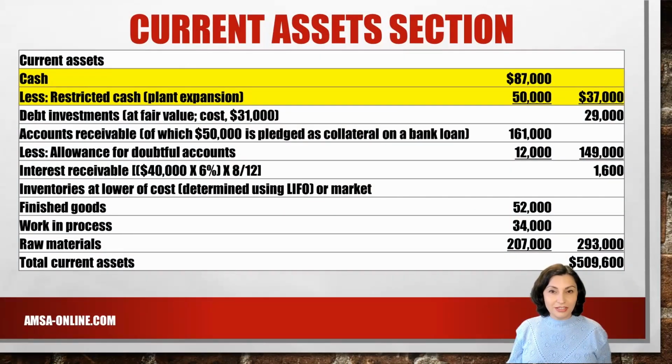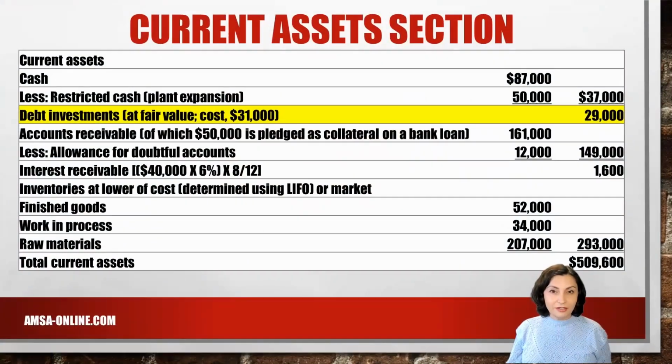Cash is $87,000 and restricted cash is $50,000. The balance in cash is $37,000. An acceptable alternative is to report cash at $37,000 and simply report the restricted cash for planned expansion in the investment section. That investment is presented at fair value, which is $29,000. Accounts receivable is presented net of the allowance for doubtful accounts. The balance is